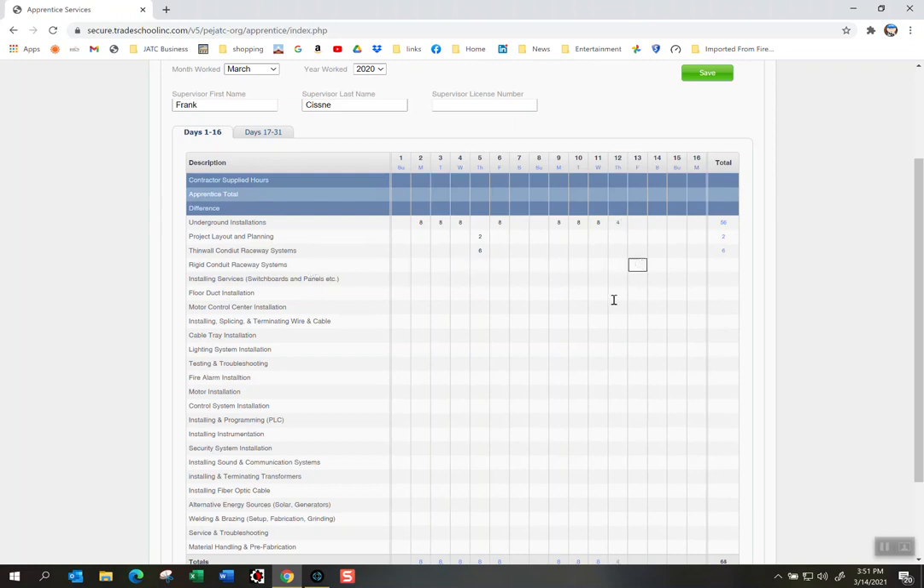So he started rigid conduit on Friday for 8 hours, and then he also worked Saturday on that same rigid for another 8 hours. So he was off Sunday, and then they continued working on rigid conduit for 8 hours. So as you can see, the first 16 days of the month, the various amounts of hours worked on each of the descriptions of work were recorded, and now we're going to move to the second half of the month,